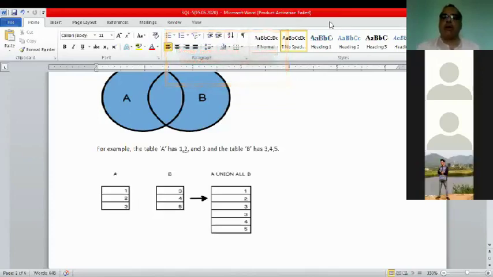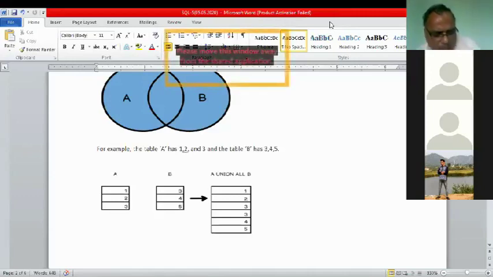Suppose if we have deleted a table and we want to undo it, is there any command that we can use? Can you speak a bit louder? I could not hear you. Sir, suppose we have deleted a table and we want to undo it, is there any command that we can use? You can get it back. You want to get it back. Yeah, sir.